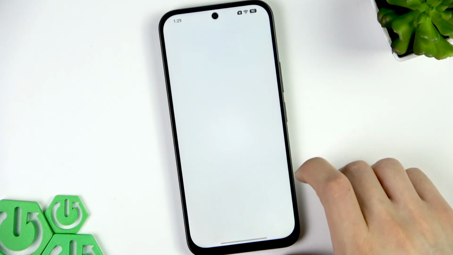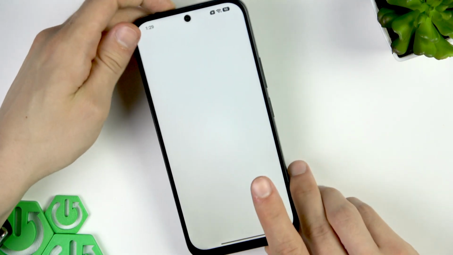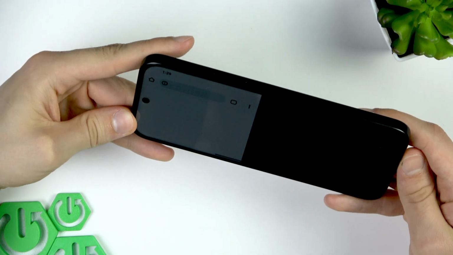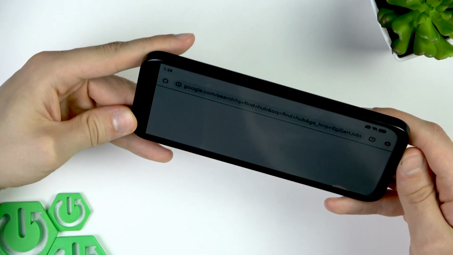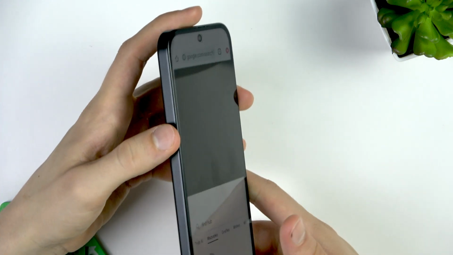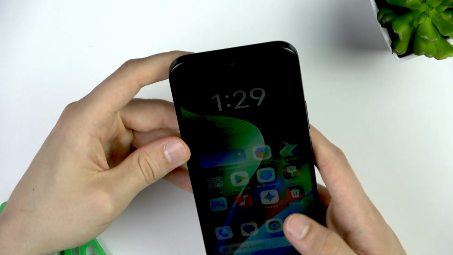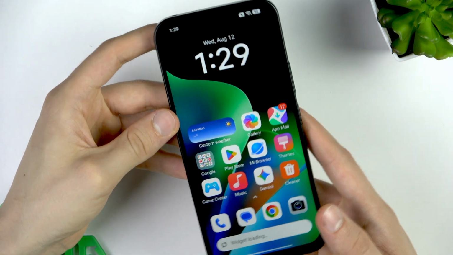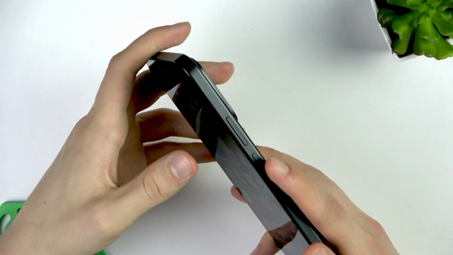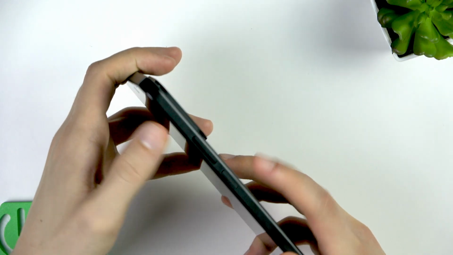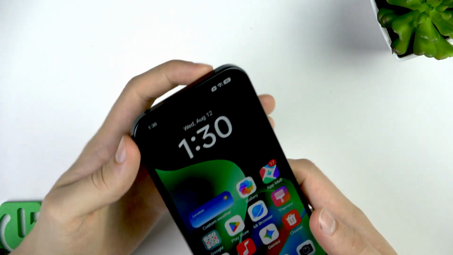So now go to your web browser again and check the gyroscope sensor one more time. And it works, well, as it's supposed to. And if this didn't help you, then we can check for the application's interference by going to Safe Mode, which we can access by simply pressing power button and volume up key at the same time